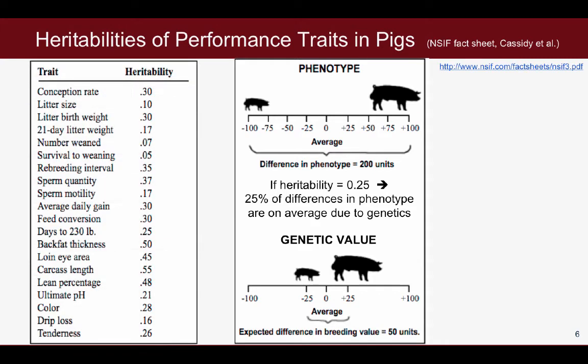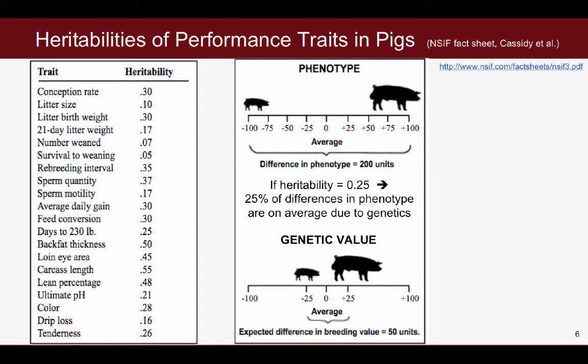The table on the left shows some typical estimates of heritability for traits of relevance in pig production. So traits related to growth rate typically have moderate heritability, around 25 to 30%. Carcass composition traits typically have higher heritability, around 50%. And traits related to reproduction, disease, and survival typically have low heritability, for example, 10% for litter size and 5%